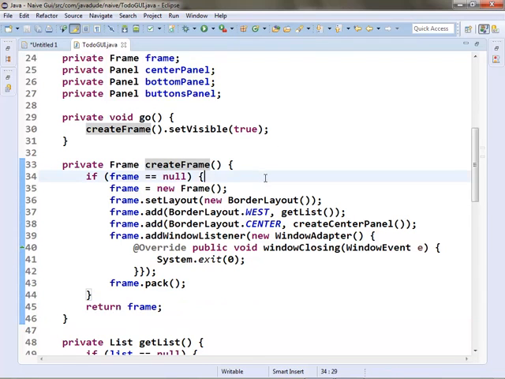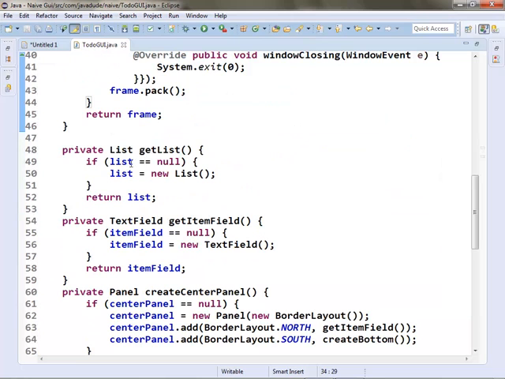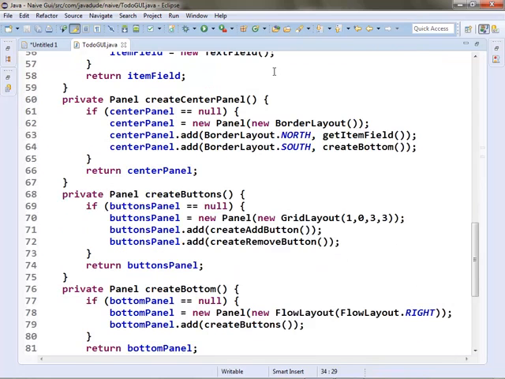So it's a last minute thing, and you're going to notice that every one of these methods in here, get list, if it's not existing, create it. Get item field, if it's not existing, create it. Create center paddle, if it's not existing, create it, and so on. And what's really cool about this is now the order in which these things call doesn't matter. The first time you call something, you create it. The next time you call it, you just return it. So something like this, when I say button panels add, create add button, I'm going to get that button if it's already been created, or I'm going to create it at that point and set the